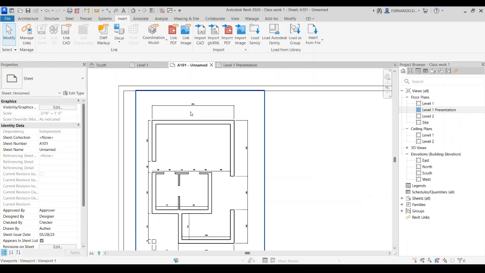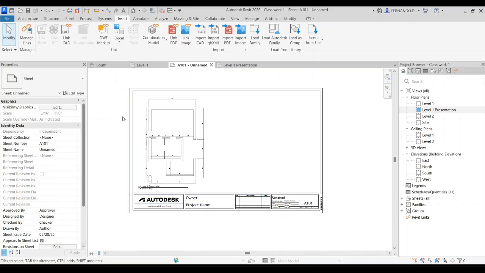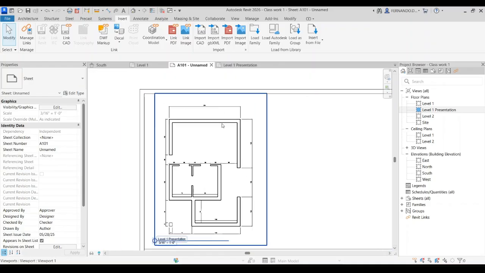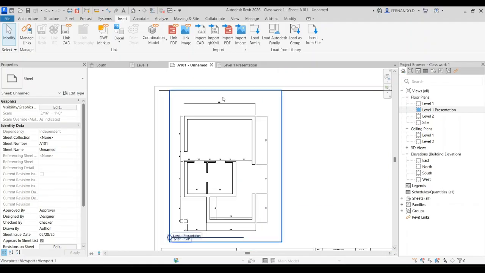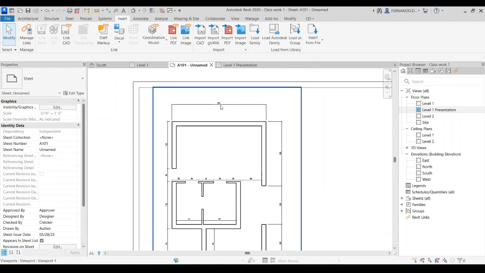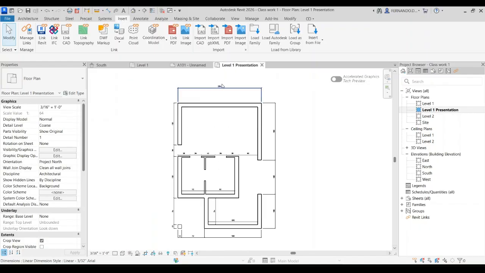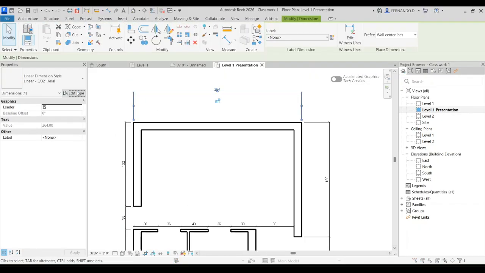So we have to create a rule of thumb about the font size and the page size. If this is 11 by 17 and that scale is 3 16ths, probably that font size is too small. Okay, so I'm going to, but I can't do it here, so I'm going to do it in the presentation. So I select this, I edit type,